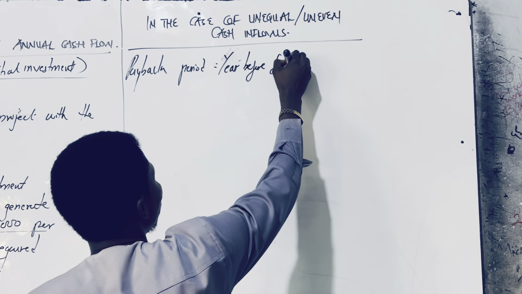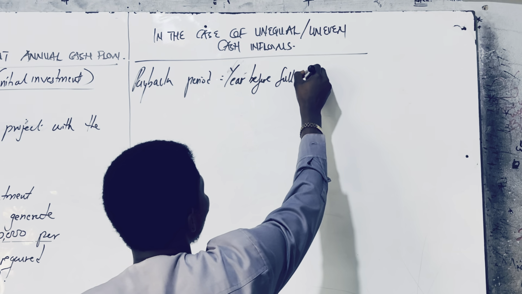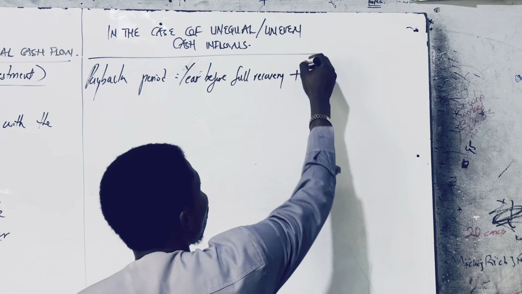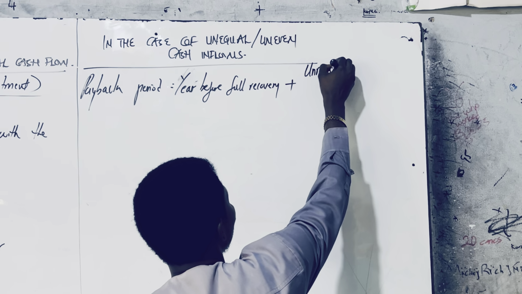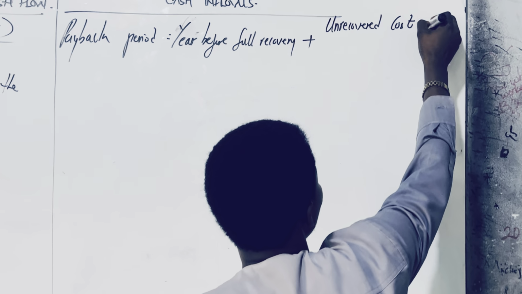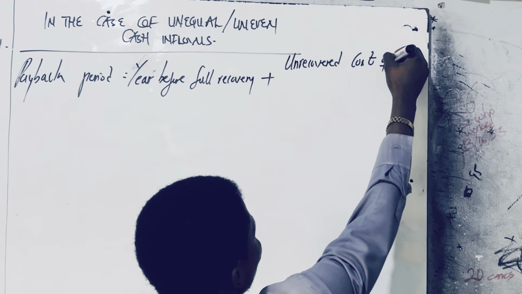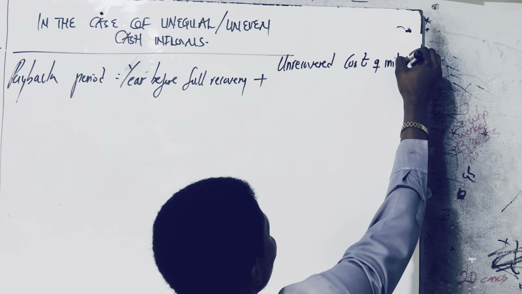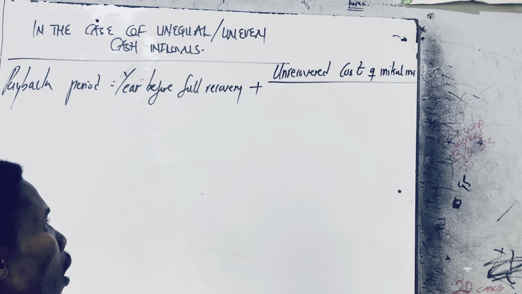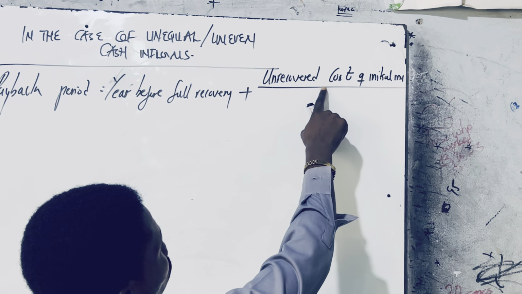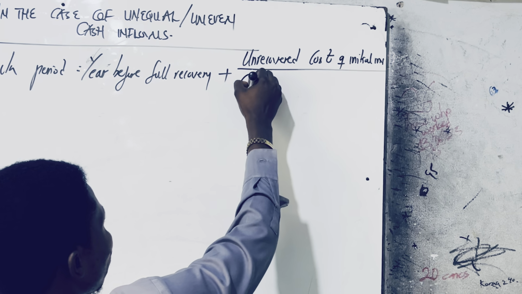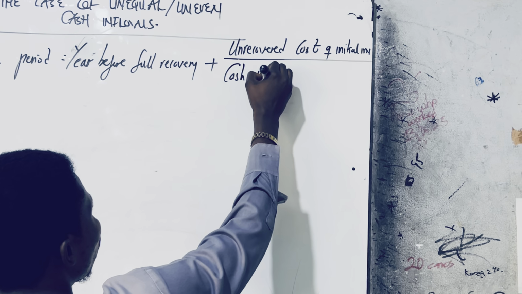1, the year before full recovery, plus the unrecovered cost of initial investment over, that is the unrecovered cost of initial investment during that year over the cash inflow